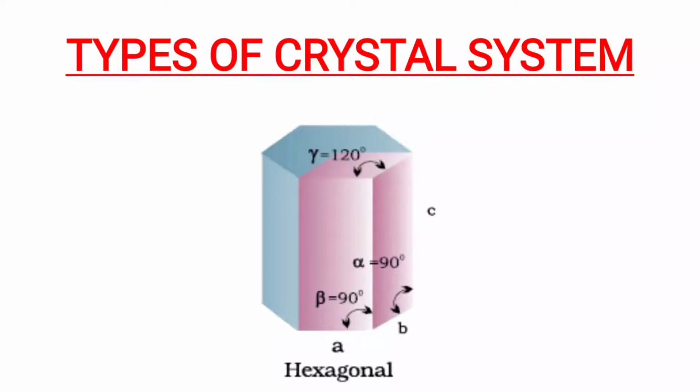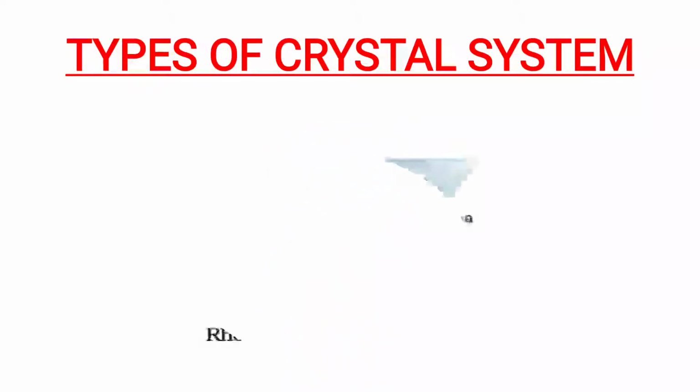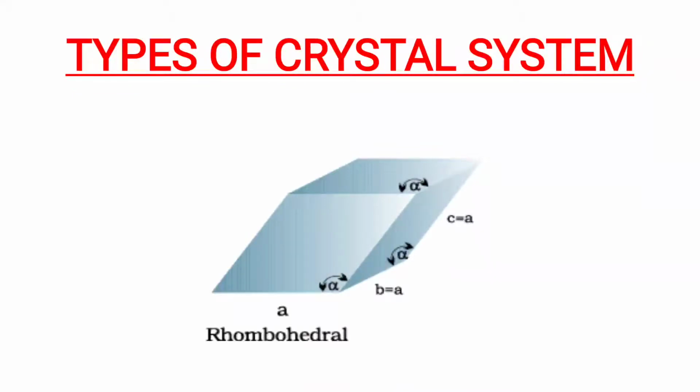However, gamma is equal to 120 degrees. And we can see that a and b are equal to one another, but not equal to c. Now, moving to rhombohedral, which is the fifth crystal system, where a, b and c, all the 3 sides are equal